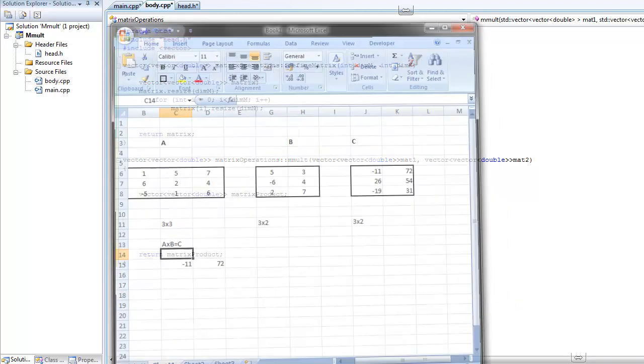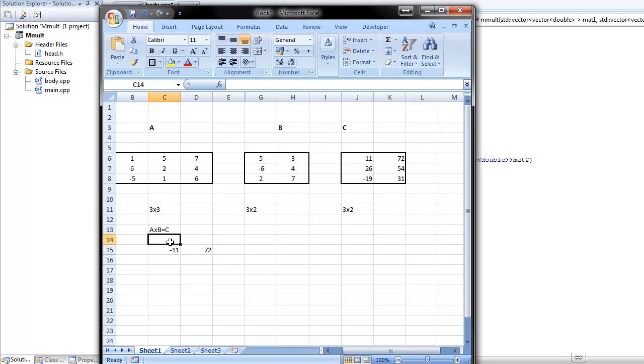This comes from the statement that the resulting matrix always has the same number of rows as the first matrix and the same number of columns as the second matrix. Okay, so